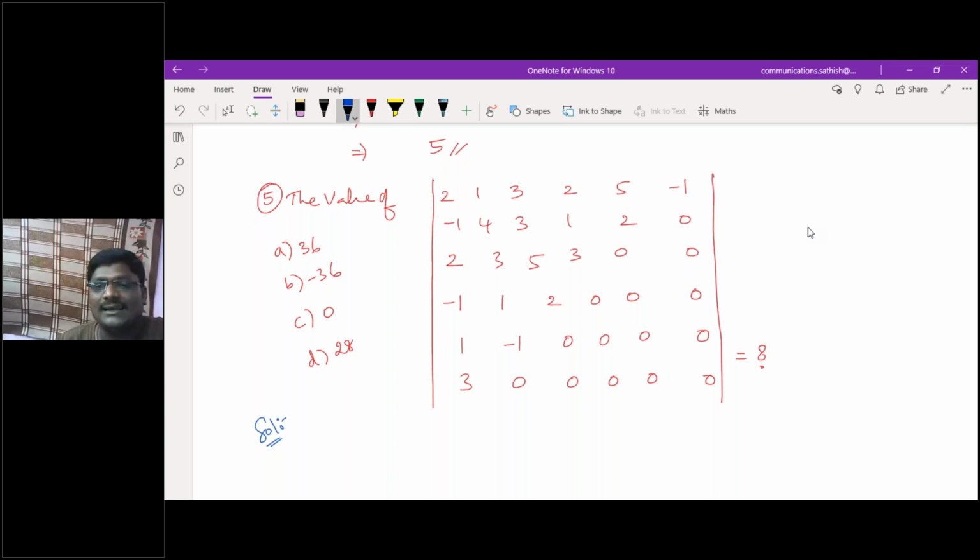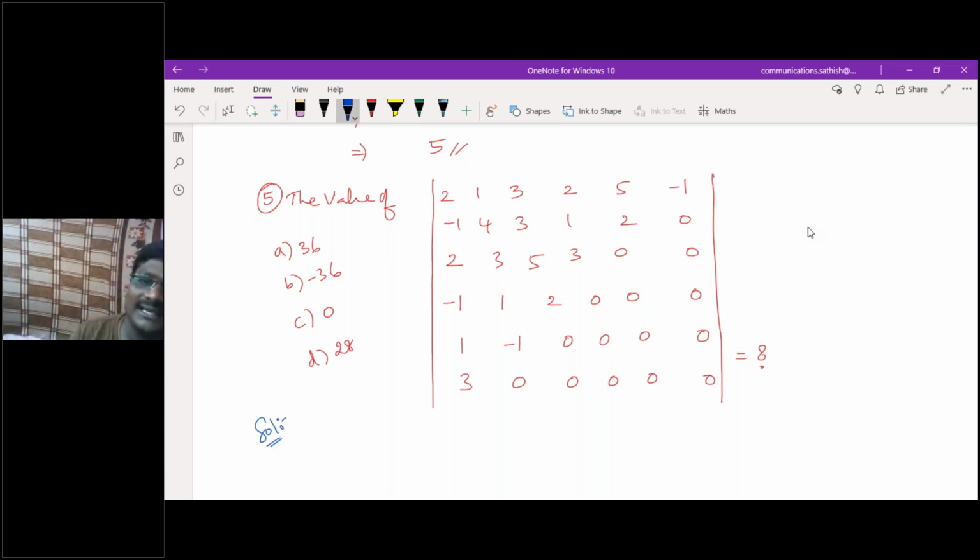Most of the people are telling that below the diagonal elements, this triangle is 0, so that is the reason why this is an upper triangular matrix. Am I correct? You can cross verify it. This is not an upper triangular matrix and not a lower triangular matrix by the definition, for your kind information.